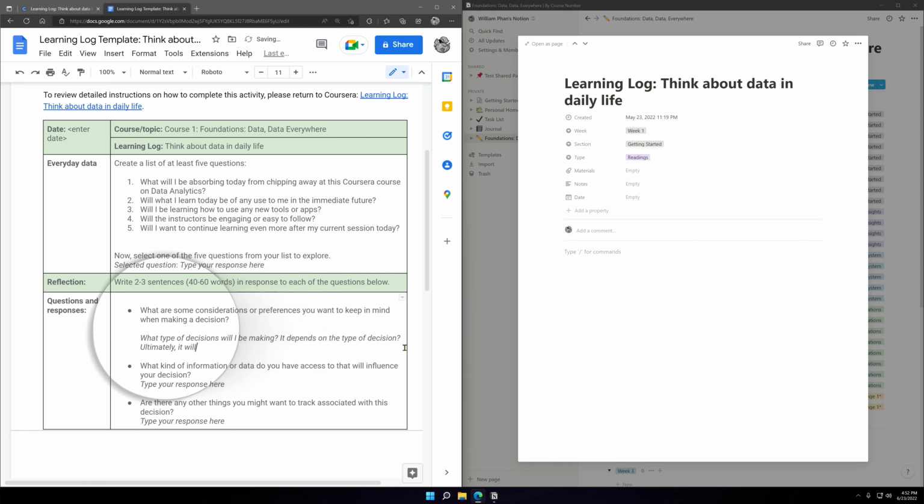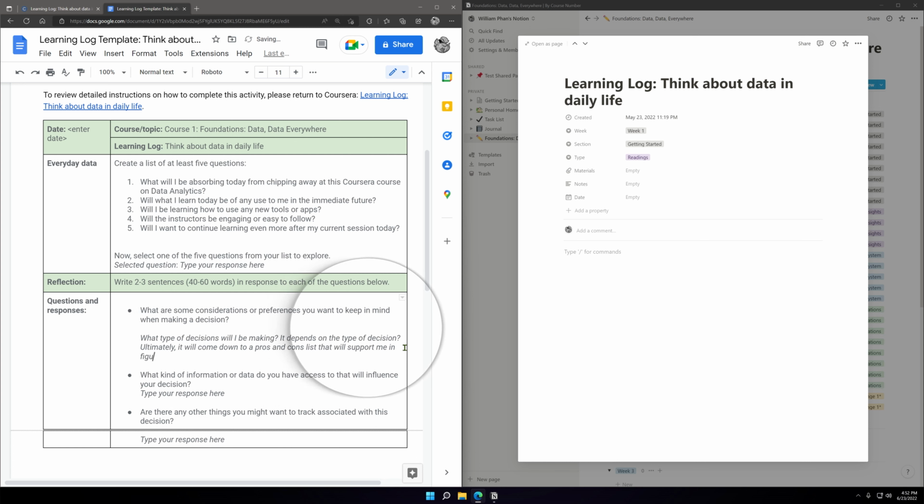Ultimately, it will come down to a pros and cons list that will support me in figuring out my preferences.